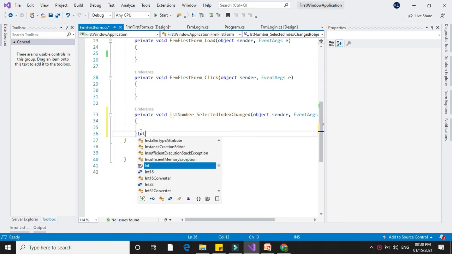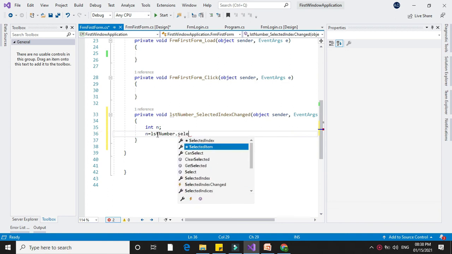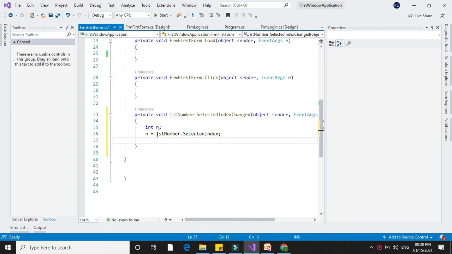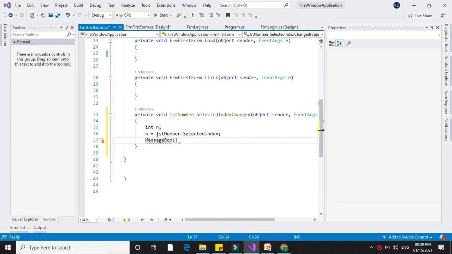Here I will define a variable n, and in n I will assign lstNumber.SelectedIndex, and print it in a message box. Since n is an integer, you have to convert it into string to show it in the message box.